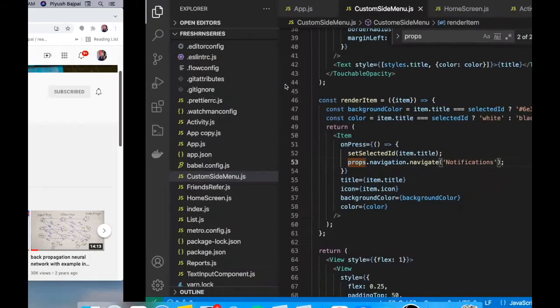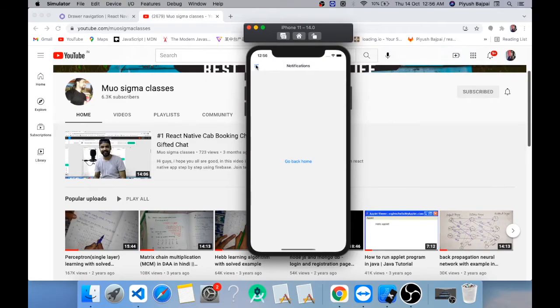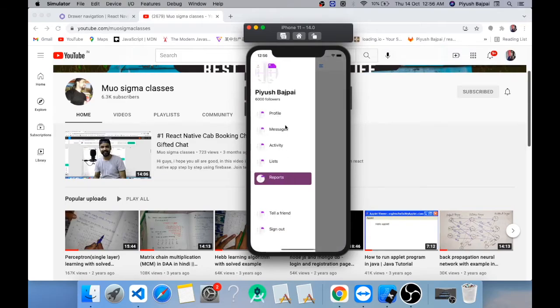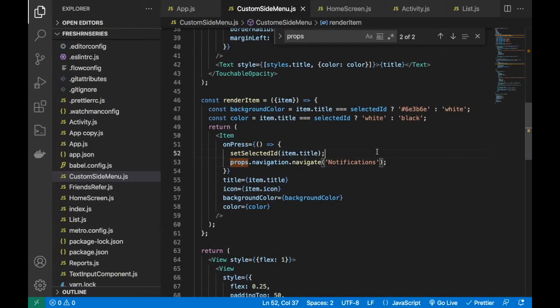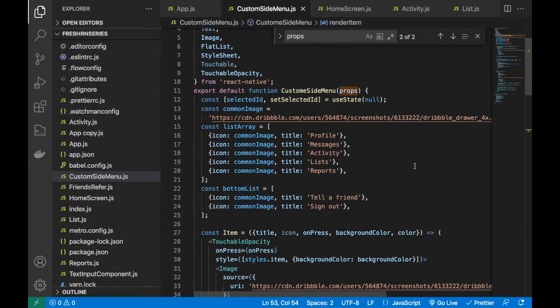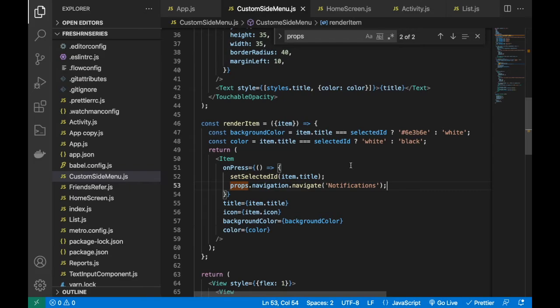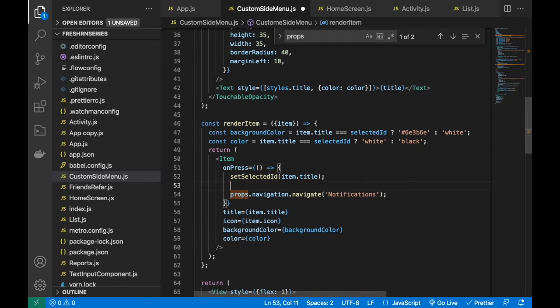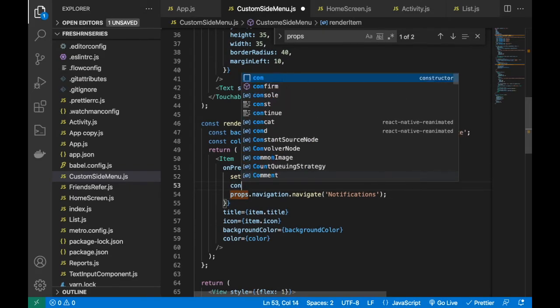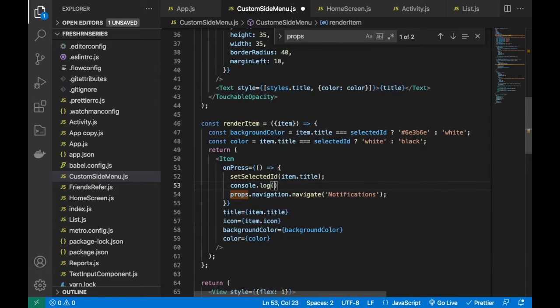Yes. So what I have to do is pass a different name for the different items. How we can achieve this, let's discuss first. I am just printing my props first. I'll tell you the story.